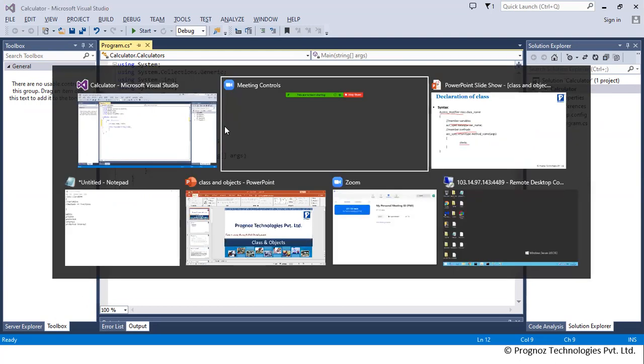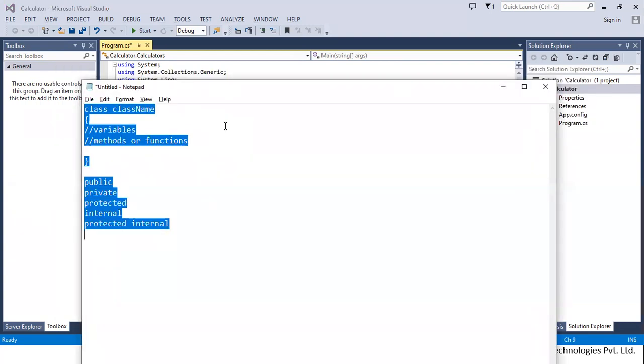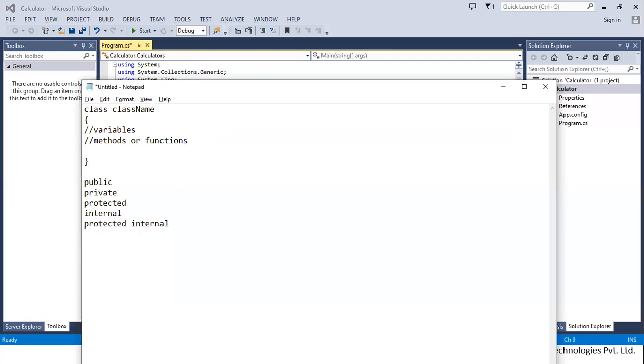If you are going to declare a function, what is the syntax you need to write? You need to write the return type, function name, parenthesis, then curly bracket open, write the statement, then curly bracket close. Is it clear?